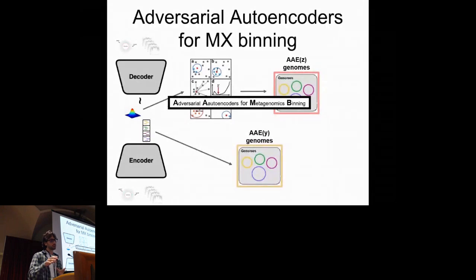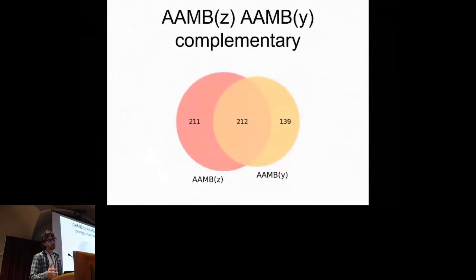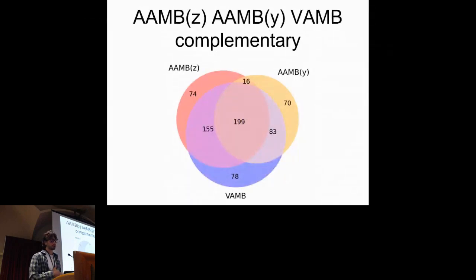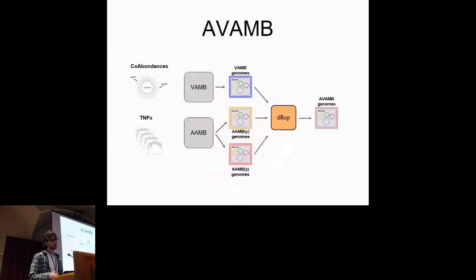Interestingly, when we were analyzing the composition of the bins reconstructed from those two latent spaces, we realized that there is somehow a level of complementarity. Here we have the bins reconstructed from the Z latent space and the Y latent space. We see that there is some overlap, but also some complementarity. It seems that each latent space is capturing something different from the data. As well, if we add the VAMB bins reconstructed from the same sample, we can see how there is also a level of complementarity. And that's why we decided to develop the pipeline that actually takes these contig features, which